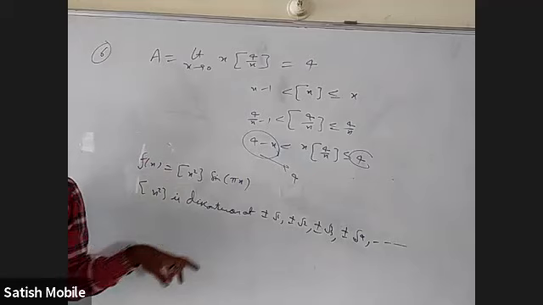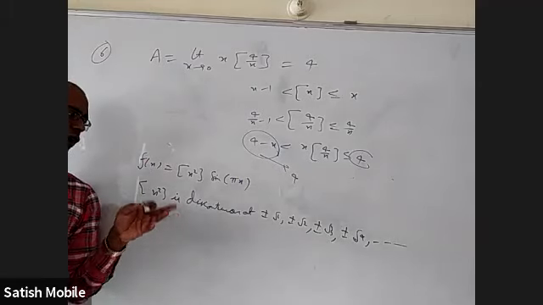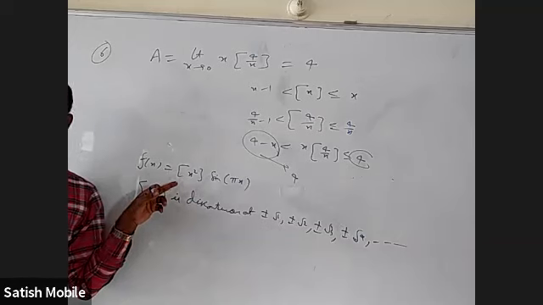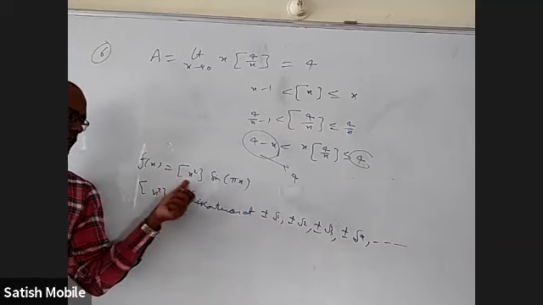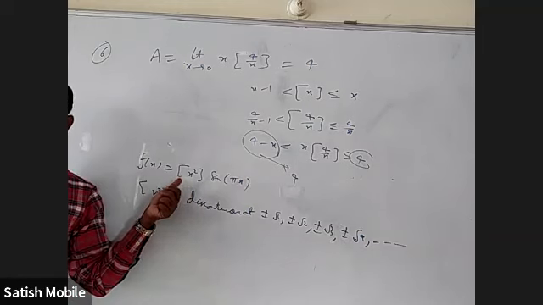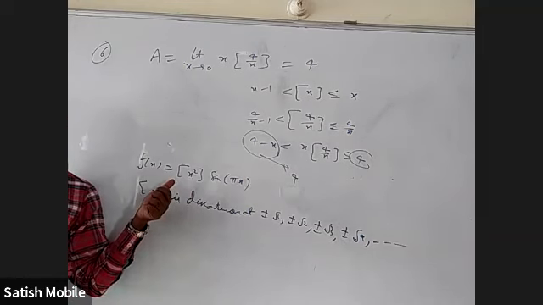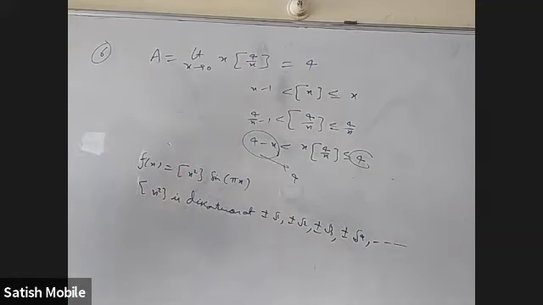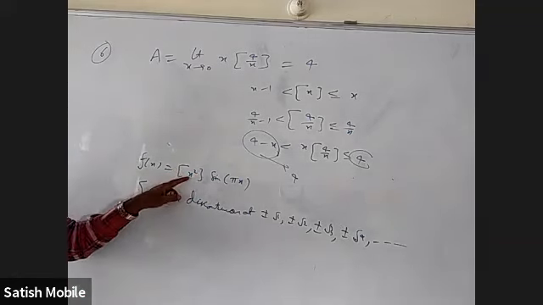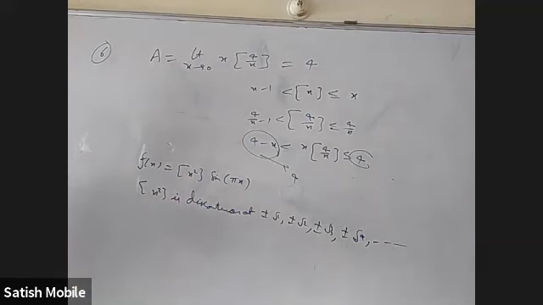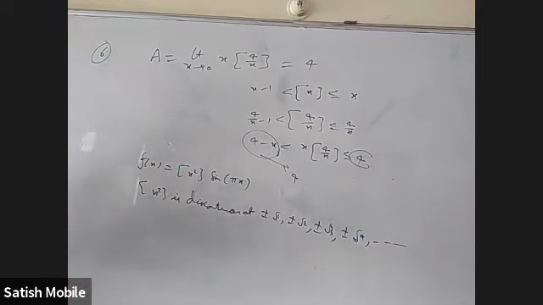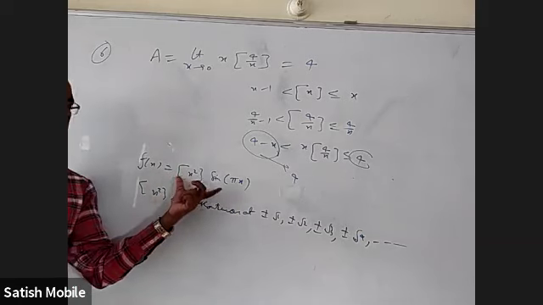At 0 also it is 0, right limit is 0, left limit is 0. But if you take 1, after 1 the right limit is 1, before 1 the left limit is 0. If you take 5, just after 5 the limit is 25, whereas just before 5, what is the integer part of x square? At 5 it is 25, just before 5 its value will be 24.99, integer part is 24. So at every integer this alone is discontinuous. But what about the product? Yeah, at 5 this alone is discontinuous, but the total is not discontinuous.